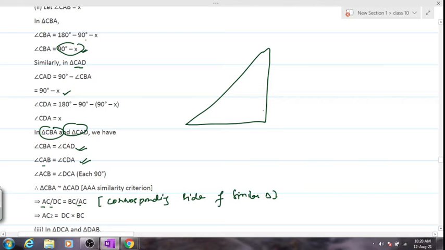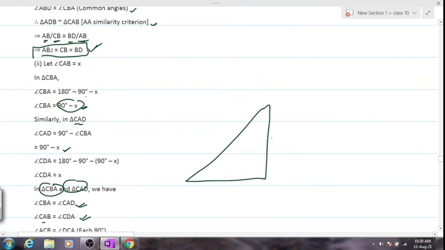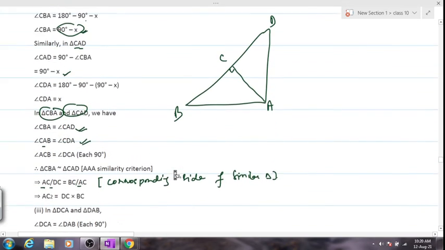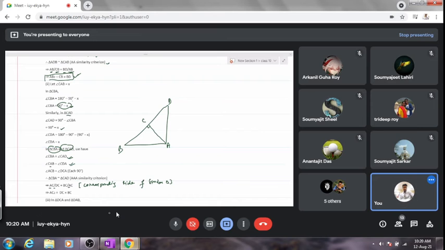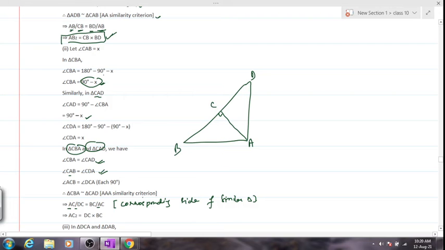This will be our DA, this is C, this is 90 degrees, and this is B. Please start copying this down. Ask me if you have any problems out here. It's a very simple one. It's just that this is the type 2 solving method. Either you can choose to do it using this or by Pythagoras theorem, which we have already done in question number 2. Let me know when the copying part is done.